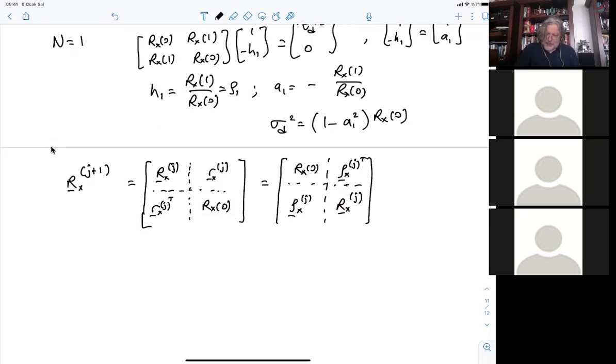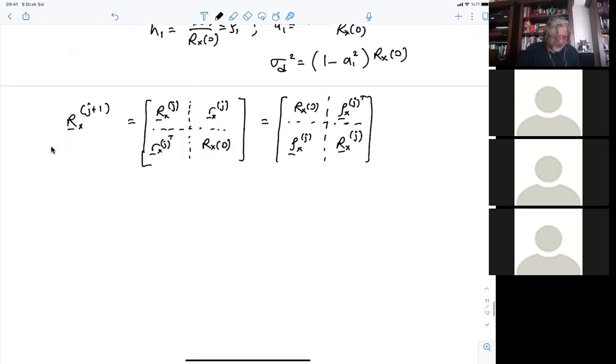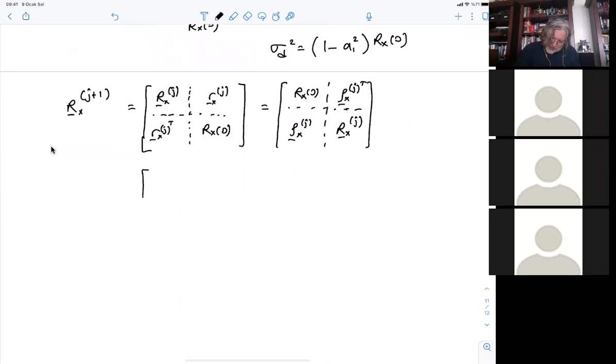There's, as I say, a difference between Rx and row x because if you write this thing in a large manner,